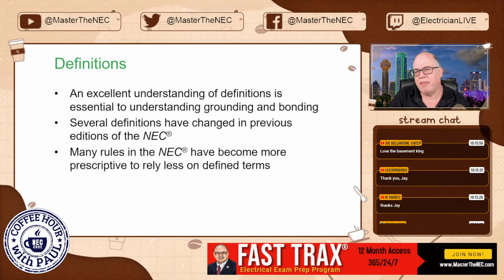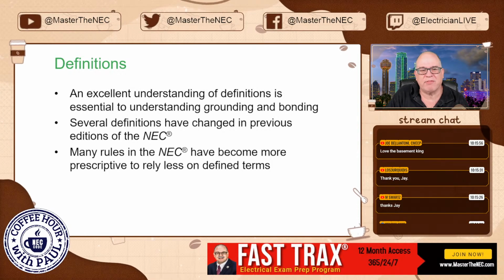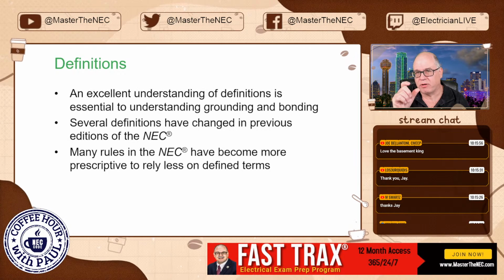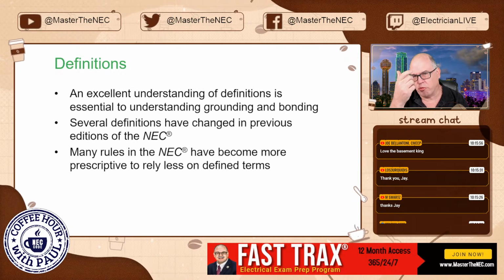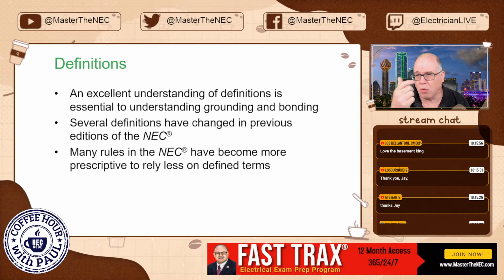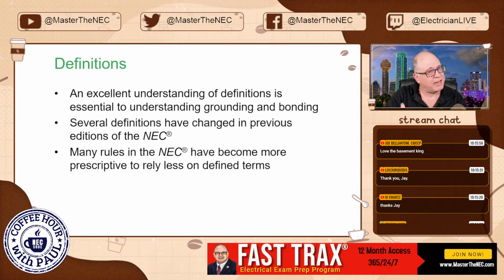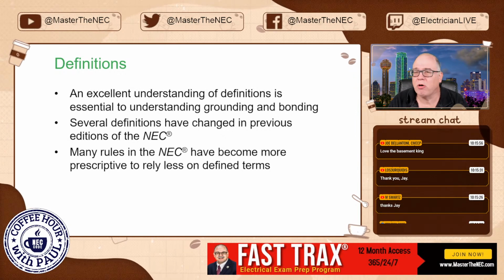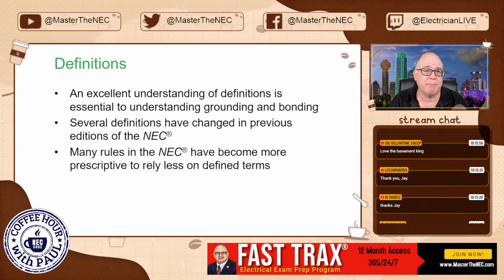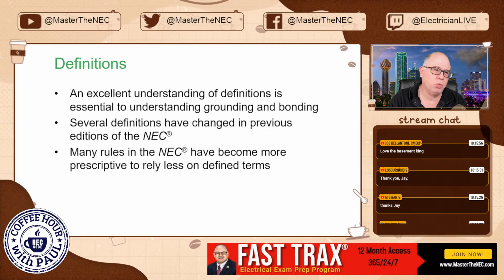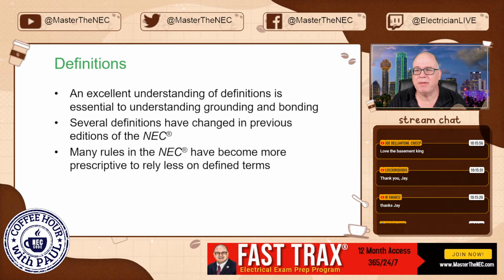Prescriptive means that the code over time tells you prescriptively what we want done. Like a prescription, everybody wants to know, what does that mean, prescriptive code? It's like taking a pill bottle, and you read it and it says take one pill every hour or one pill a day. That's prescriptive. It's telling you what to do. So the code now is getting very prescriptive, a lot of the things with grounding and bonding, because if I tell you what to do and how to do it, there's a high probability that you'll do it right, right?